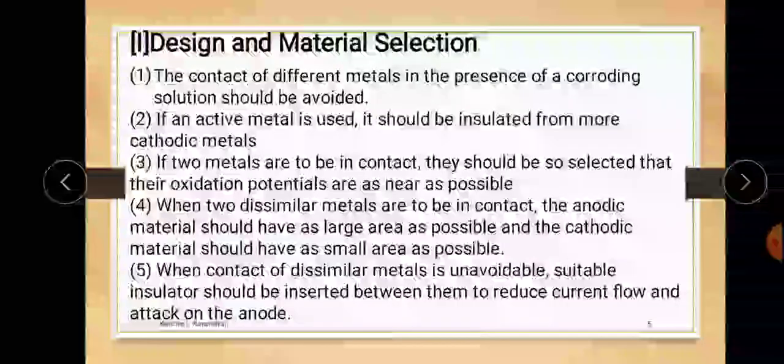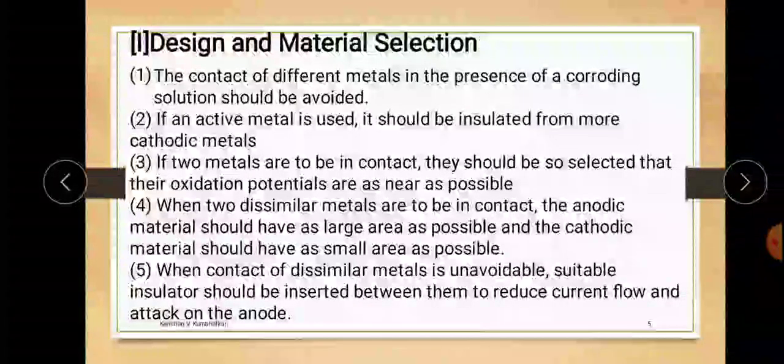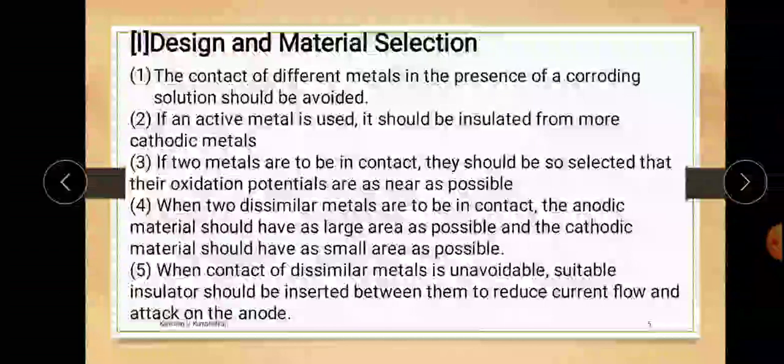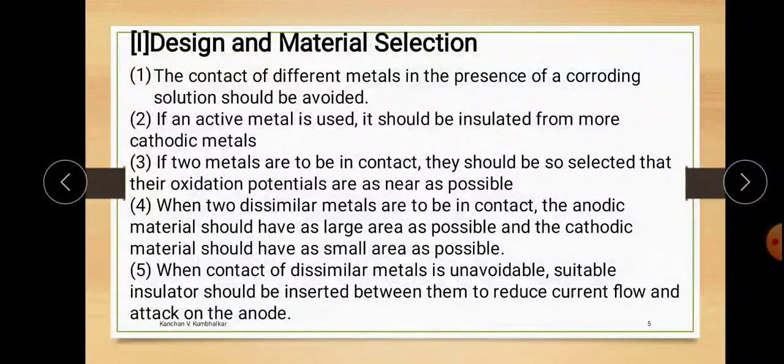For example, if you are using aluminium and copper, aluminium is quite active on the basis of the electrochemical series, hence it acts as an anode, and copper acts as the cathode. If this happens, then you must insulate the anode and cathode. They must remain isolated from each other, due to which the corrosion is diminished or the rate of corrosion is lowered.